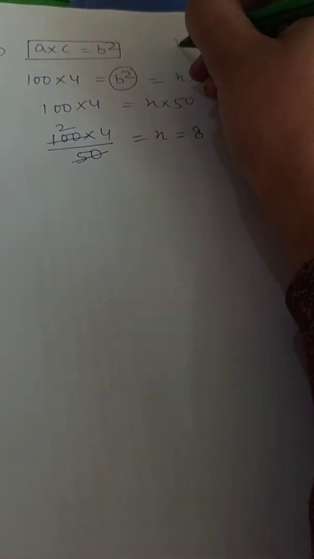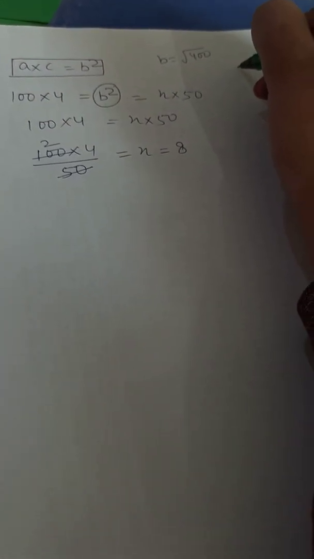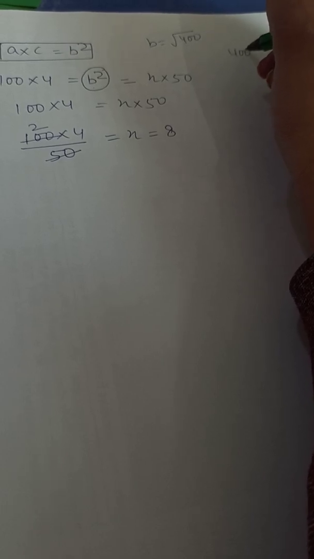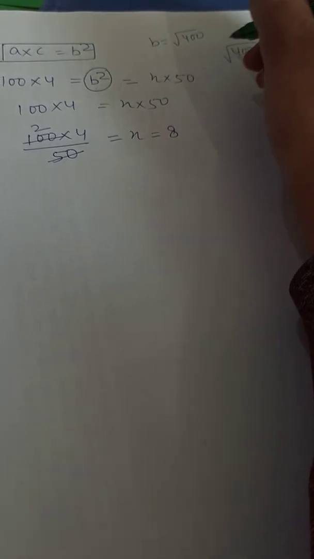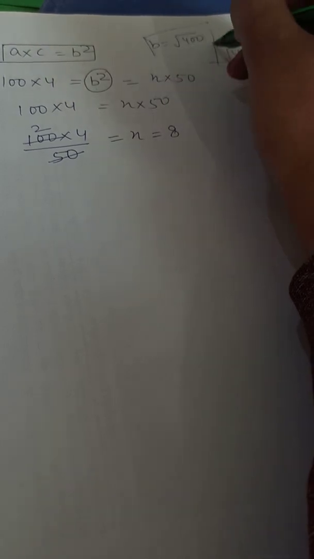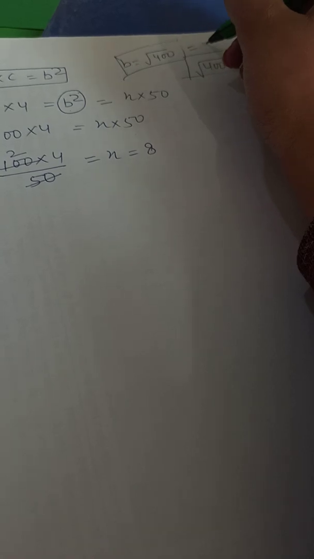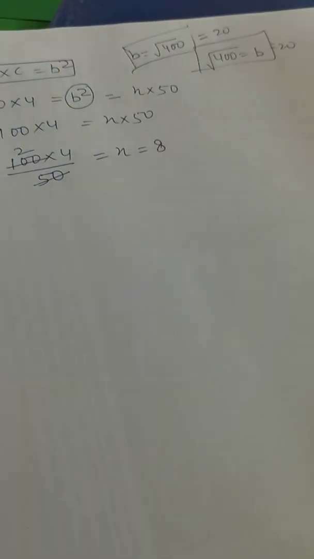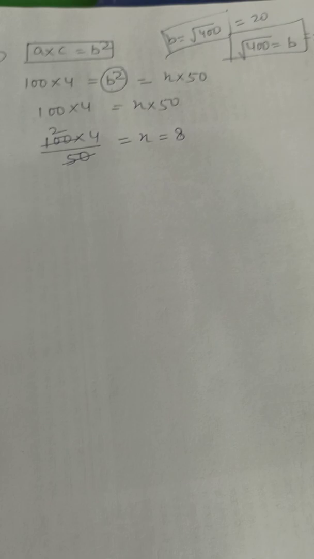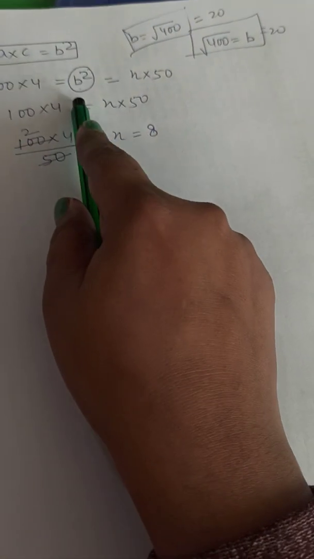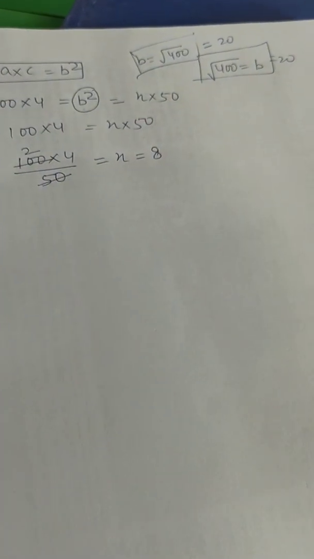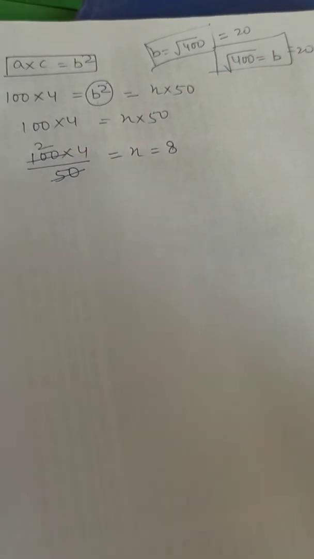Because see, 100 4s are 400, that is b equals to under root 400. And here also the value of x is 8, 8 5s are 400. So here also what will be the value of b? Under root 400, what is that? It is 20. 400 is the square of 20. So clear this one. You can do it like this also. Firstly you will find mean proportion of this, then make it equal to that and same answer will come.